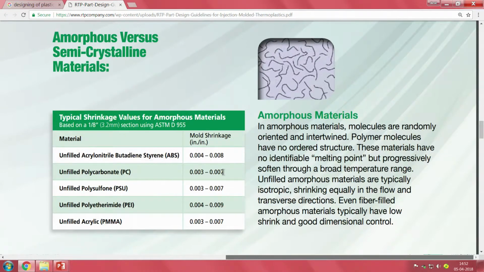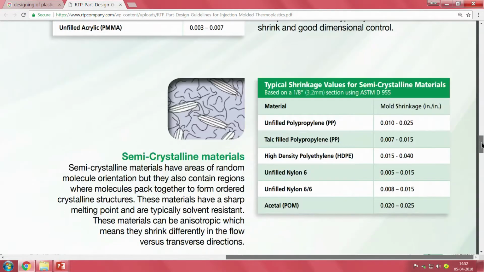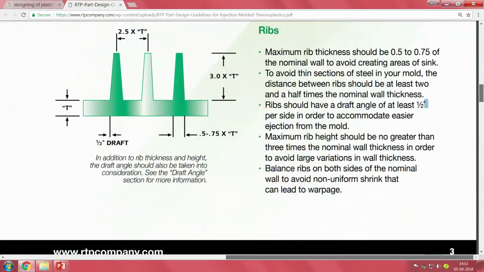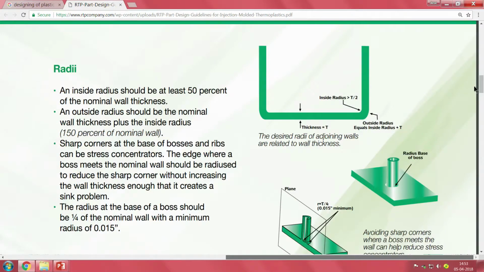So, depending on the materials, up to 0.01 mm or that much percentage shrinkage is there. And if you go to semi-crystalline materials like polypropylene, polyethylene and this acetal copolymer, the numbers are a little higher, almost up to the order of 2.5%. So, before we actually commit ourselves to any of these materials, it makes sense for us to read the available open source literature and try to make our own first prototype.